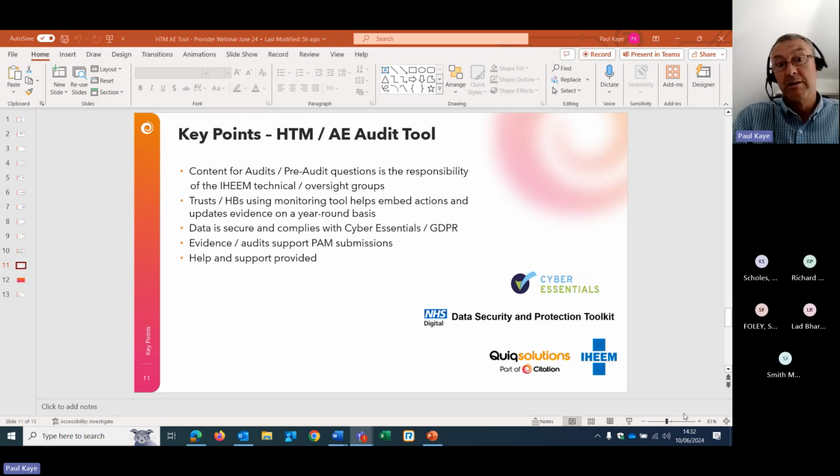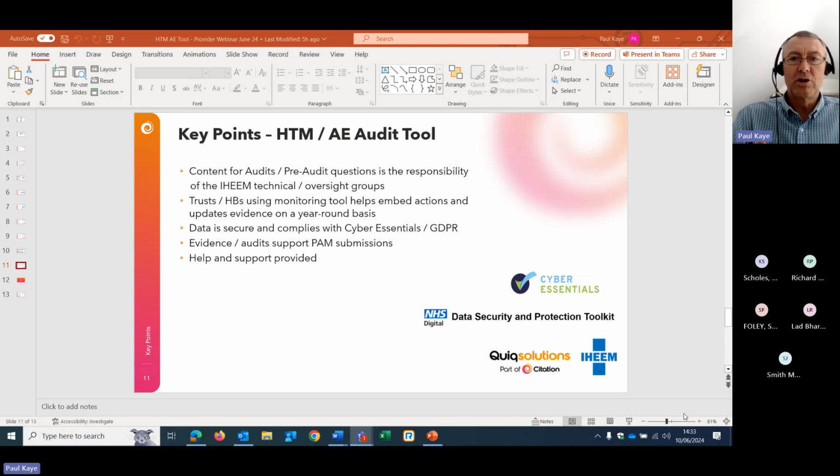Just a couple of points, really. The content of the HTM tool and the pre-audit questionnaires will be updated by IHEEM on an ongoing basis, but it is exclusive content for IHEEM AEs only. So bear in mind, if you're working with a non-IHEEM AE, that won't be available for that AE relationship unless they become accredited with IHEEM.